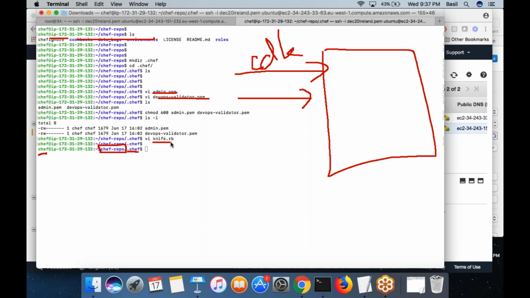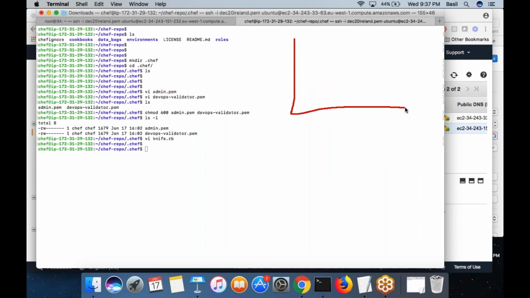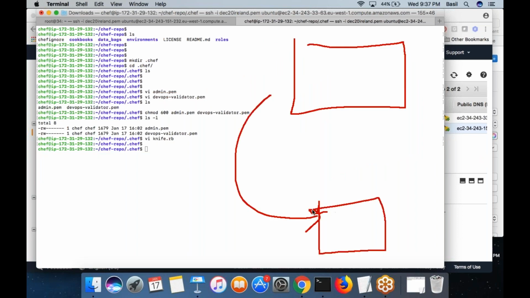Over there I mentioned where exactly these files are located and all the stuff, and what is the chef server URL which the workstation needs to use to connect to the chef server. All these things I did in the workstation. So now your workstation is ready to connect to the chef server. You have the chef server and these key files you already copied to the workstation. Now the workstation, using the settings that you mentioned inside the knife.rb, will try to connect to the chef server. And for the workstation to connect to a chef server, it uses a tool called Knife.